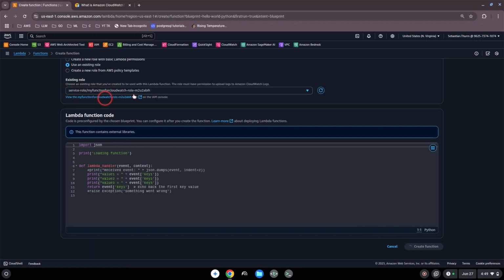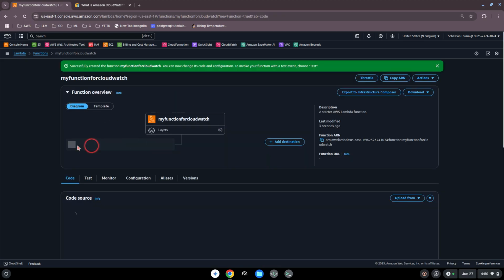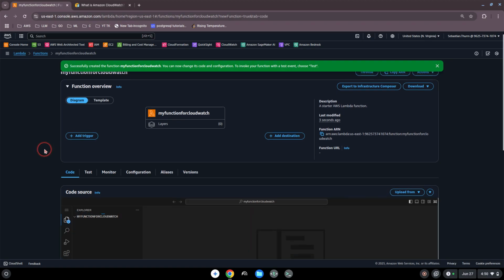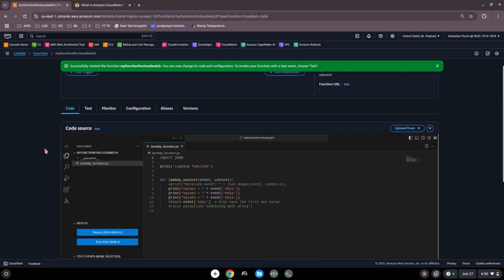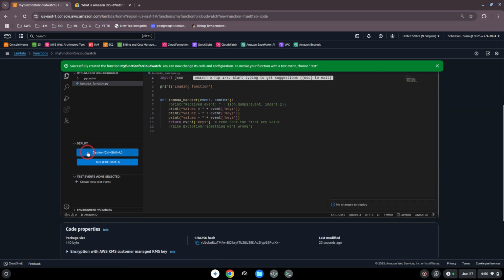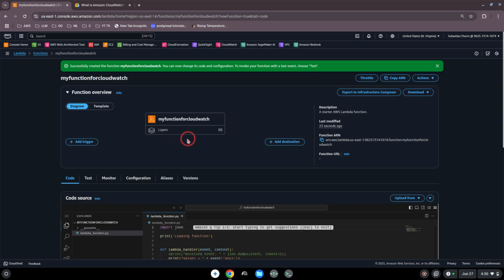Let's wait. It also created IAM roles here. It will still take a moment until it is configured. And there it comes already. We see already something. Okay, great. So here we have our code. So we will shortly deploy it. And then when it's deployed,